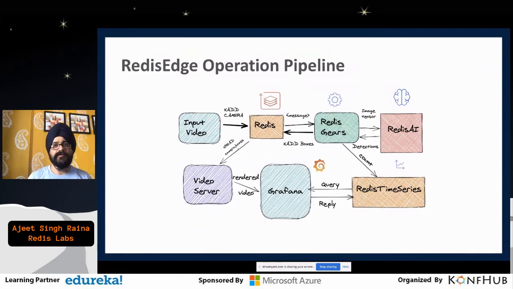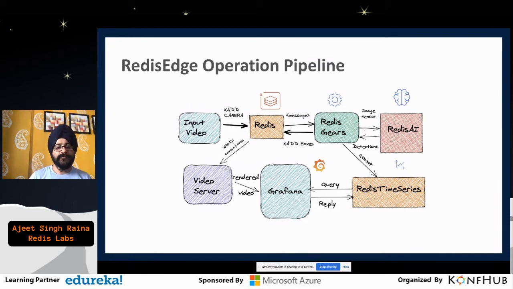Once it collects all that data, it stores it in Redis Time Series, which is very similar to Prometheus, because that is where your time series database comes into the picture, and that gets displayed on Grafana. This is how the whole operation pipeline works.